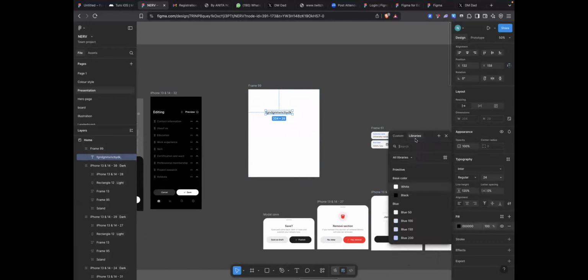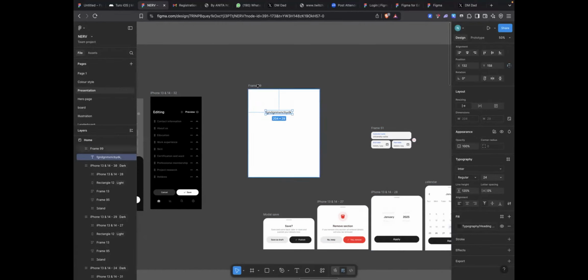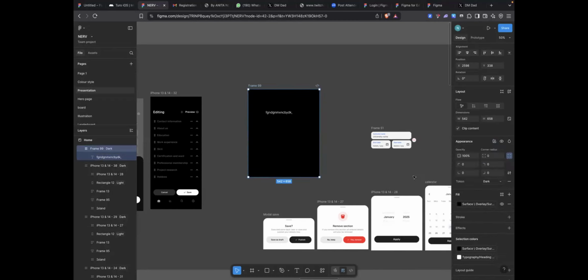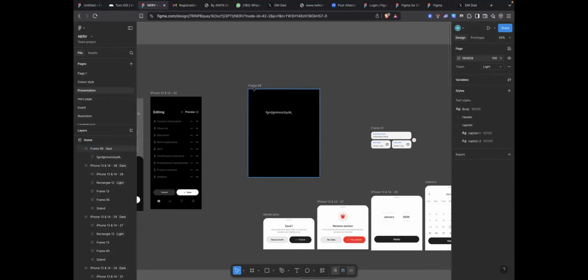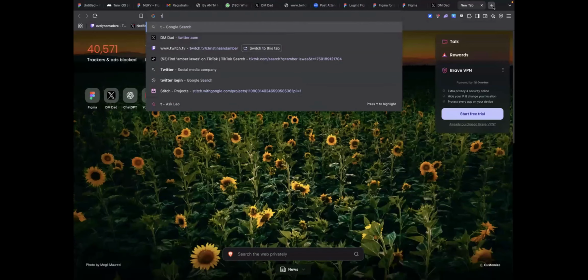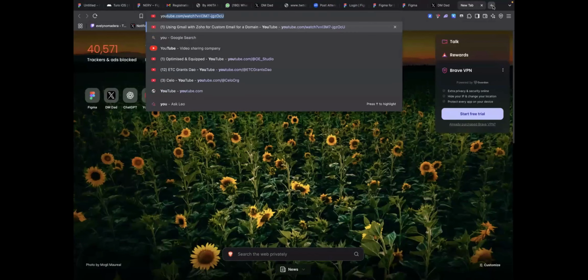That's it. I have my typography already saved here, so I'll just type and choose the one I want. When I switch to dark mode, even my typography and everything changes to the dark mode. That's just how variables work. So I'll share the YouTube channel. You can watch and learn. Even as a beginner, the YouTube channel will actually help, so there's no need to panic using it.